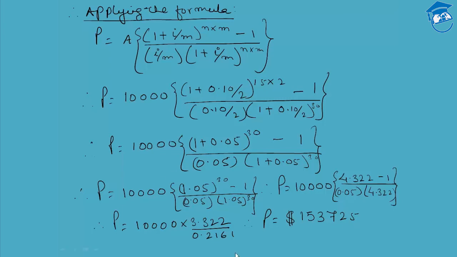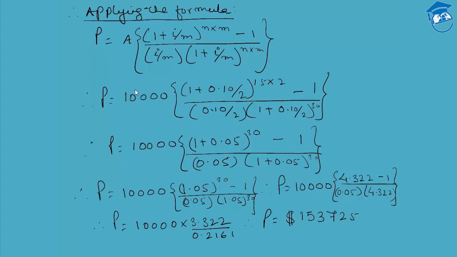So this is how the formula for calculating the present value of a future annuity helps us in calculating the present value of a future annuity across n number of years against I% rate of interest, compounded either